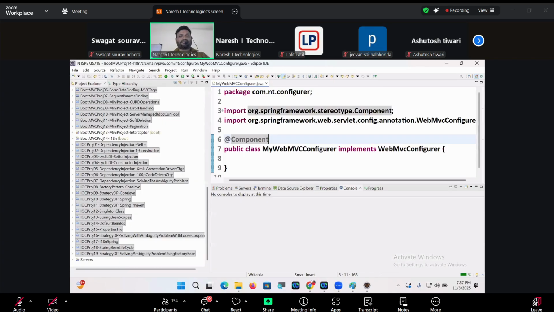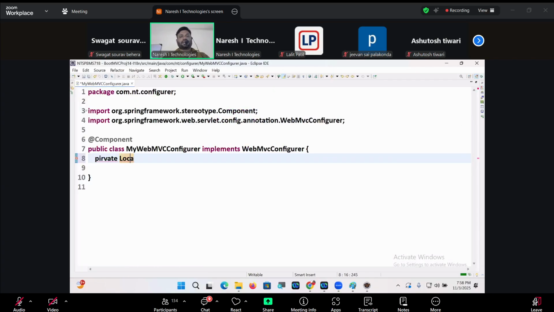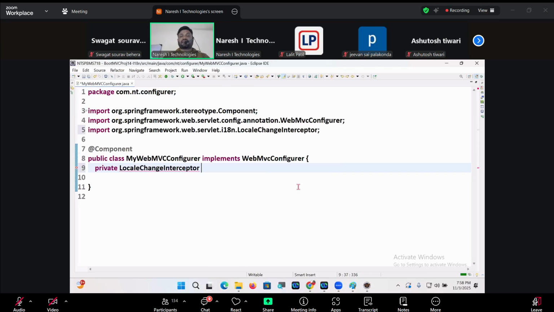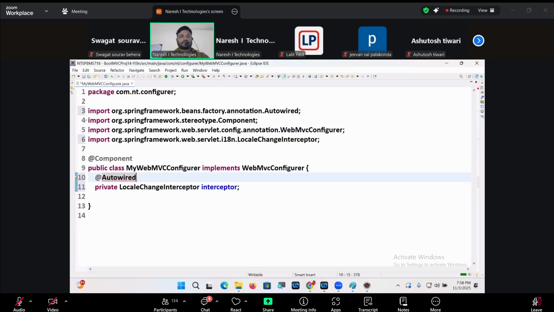Private locale change interceptor. Where is this? Locale change interceptor. @Autowired. But I have to register that one now, boss. Add interceptor registry.